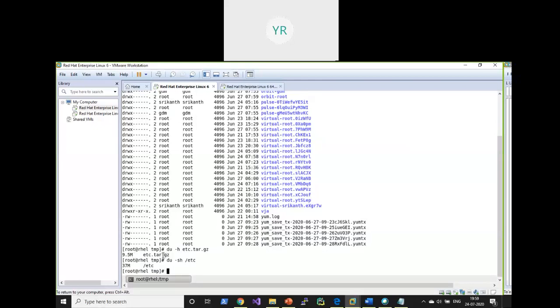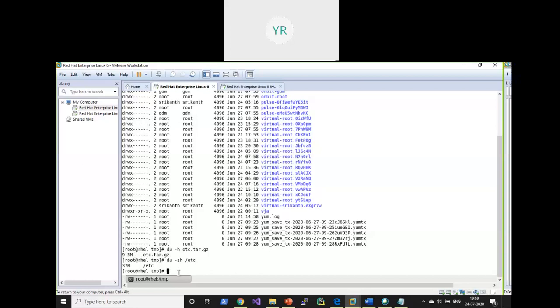Gzip is applicable only on a single file, whereas tar will archive multiple files into a single file. Now it was tarred and zipped, that means compressed finally. The 37 megabytes, multiple files in slash etc, was archived and compressed into a single file of 9.5